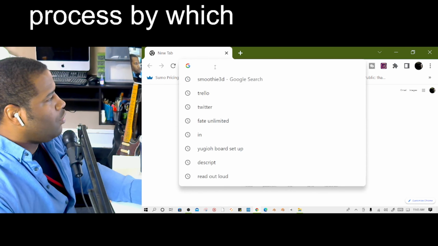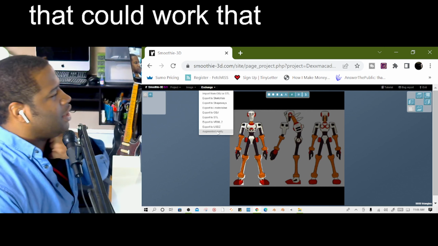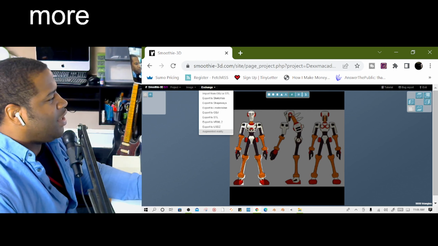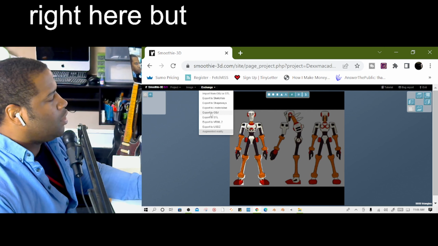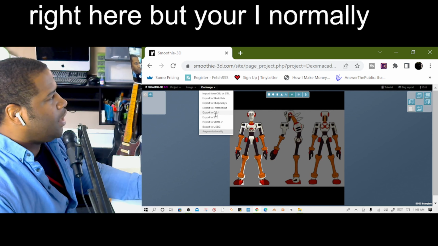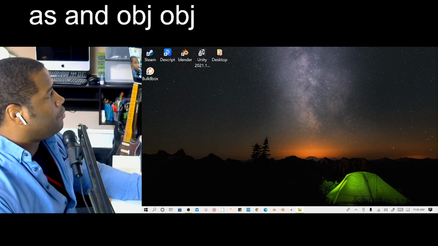These are also platforms, so you have Sketchfab, Shapeways, and i.materialise. So all those can work for you. There's also an augmented reality one that could work. That would probably be fun, and I think that works more if I didn't have an image right here. But I normally use OBJ. And once you export it as an OBJ,